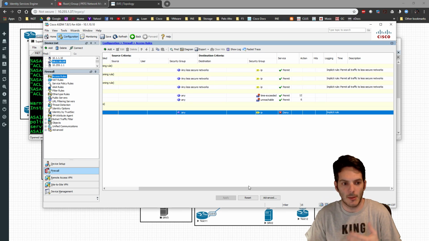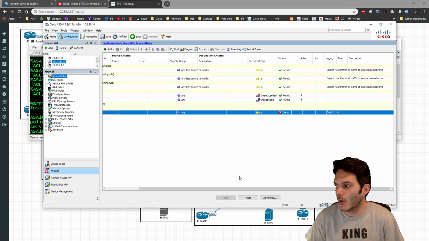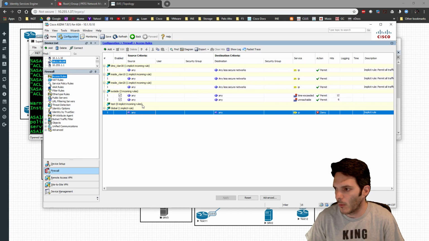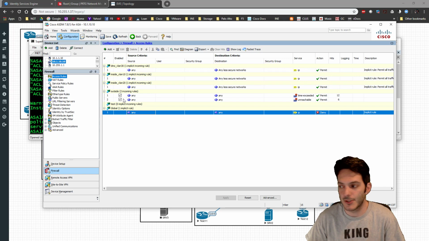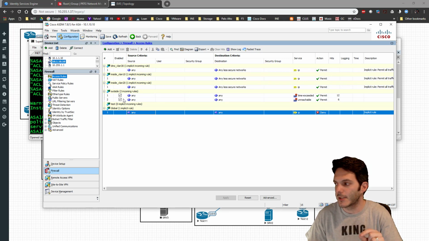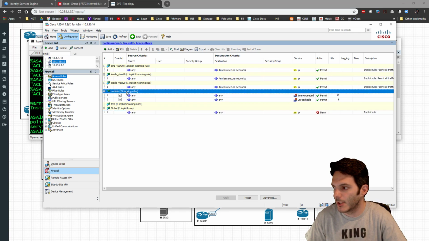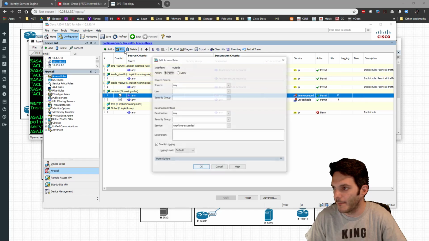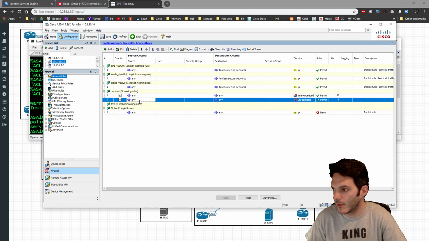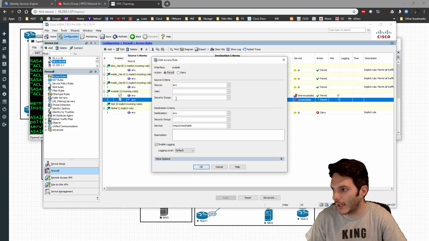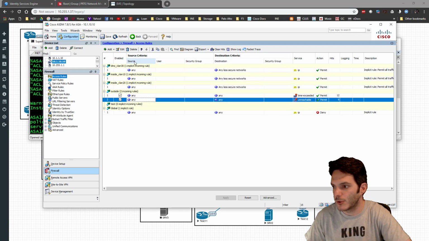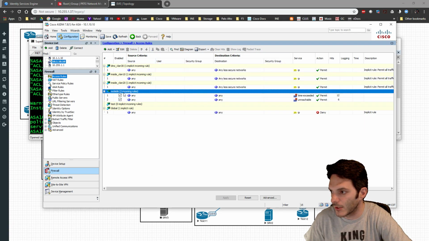So with all of this understanding in play, now we can take advantage of it. What else do we need to do? Now, I have a couple of ACLs, and I have an ACL applied inbound on the outside interface. That's going to allow time exceeded and unreachable messages back in. So if I look right here and go to edit, you'll see that I have ICMP time exceeded, and if I go to this one and edit, I have unreachable. So if I was to go to the access rules and hit this interface and go edit,